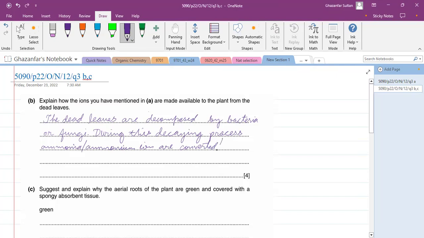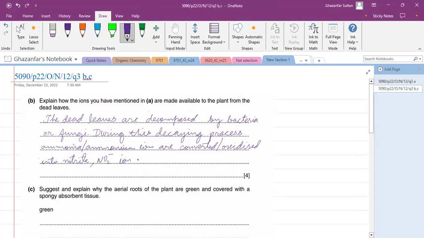You can use the word transformed or oxidized, into nitrite. Nitrite is NO2- ion. So in this way, nitrite ions are obtained,